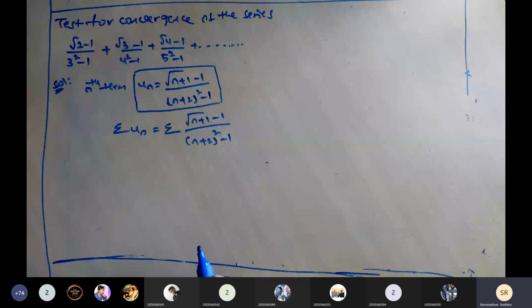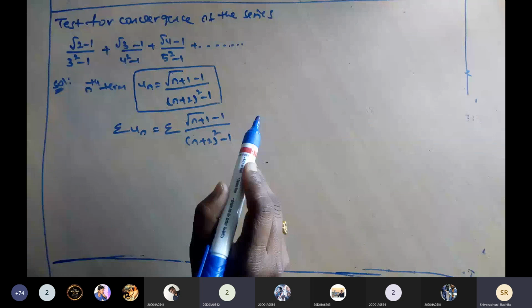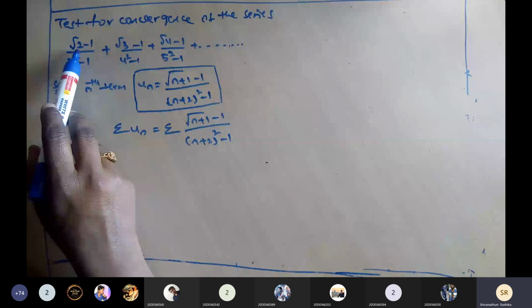Depending on the terms, we have to choose this one. Same procedure as what I did in the previous one, you have to test. If n equals 1, 1 plus 1, when we get the value of n, which value are we getting? n equals 2. What value gives the denominator? We just have to check it out.